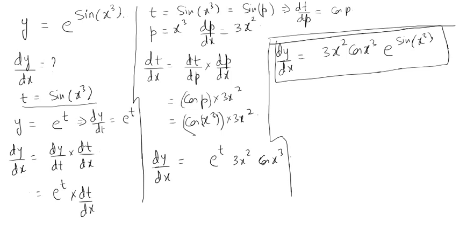And basically what we have done here, we have introduced intermediate variables, t and p, and once you have practice of doing differentiation of this type of functions, you will be easily able to do this. It will not be as lengthy as we have done here. Okay, so again I am explaining it, but this time we'll do it quickly. We have to find the derivative of e to the power sine of x cube.